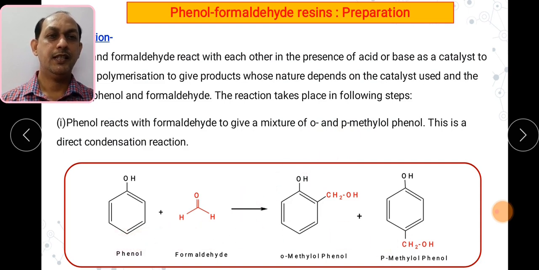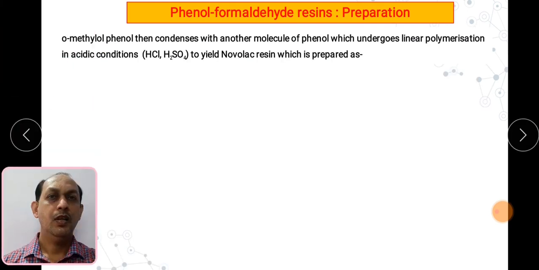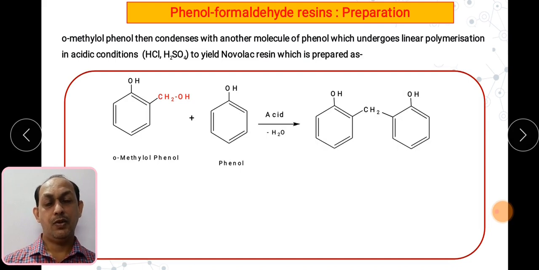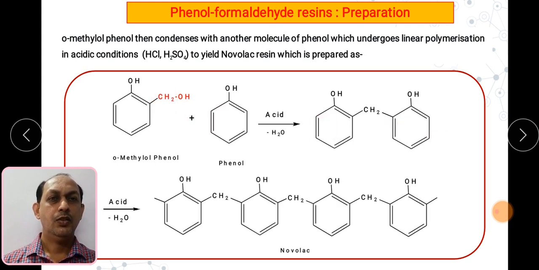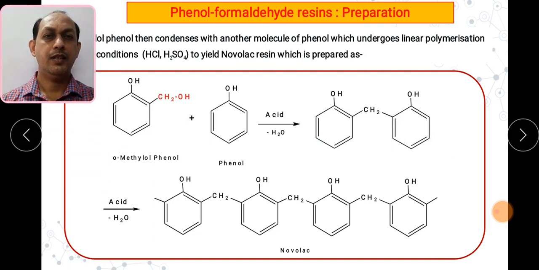So this is a condensation reaction. Okay, so this is the first step. This is the ortho product, this is the para product. So if you take an excess amount of phenol, then whatever orthomethyl phenol is formed further reacts with the phenol in acidic condition, and they form compounds like this. So there is a condensation, we can say in this particular reaction, H from here and OH from here leave, then a chain extension reaction takes place. So this particular product again undergoes reaction in acidic condition and it will link in the form of this pattern and form the polymer known as Novolac.